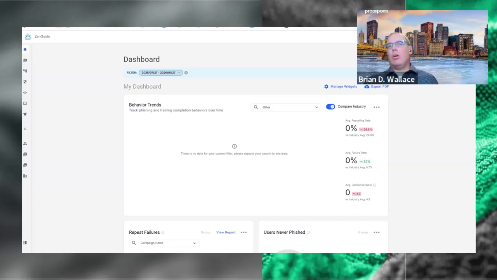Today's main call is going to be talking about picking the perfect phishing template. But before we do that, let's take a little step back and talk about the importance of phishing, and more importantly, the importance of phishing regularly. I would recommend phishing all of your users every 4 weeks.